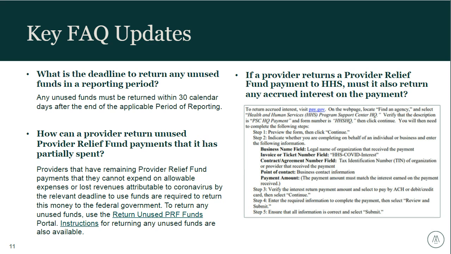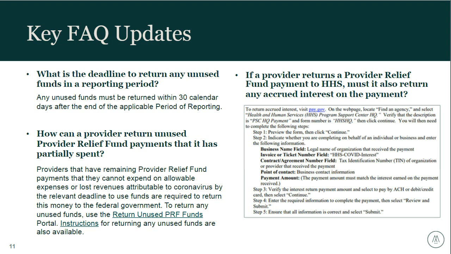But thinking about one of the questions a lot of folks have is, if I have unused funds, when do I need to return them? And HHS has provided that clarity. And so they are currently saying within 30 calendar days after the end of the applicable reporting period. So for thinking about this, if we have a September 30th deadline to report this year, then we'll need to look at 30 calendar days after that, which I believe calculates out to around October 30th, but we can get the calendar and double check. But that's something to keep in mind. You do have that 30-day period to return those